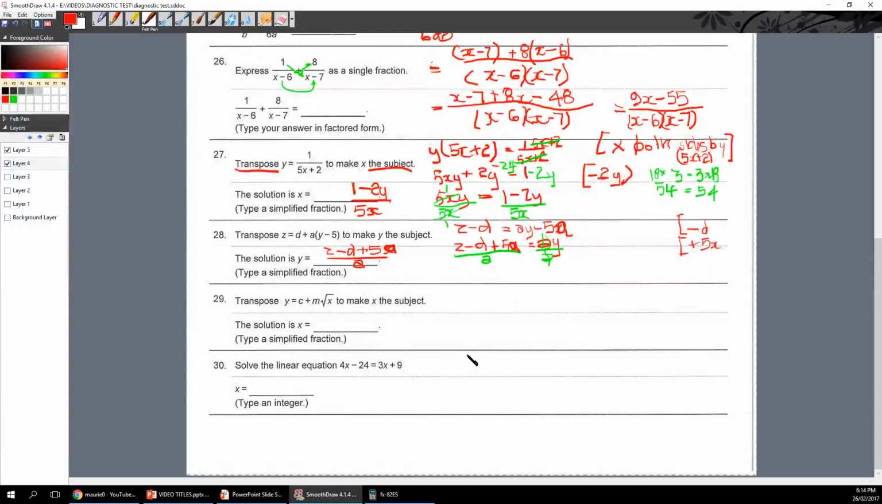Okay, so here we have Y equals transpose again for number 29. Y equals C plus M square root of X. Make X the subject. Probably one of the easiest ways here is to first do some manipulation and find out what square root of X is, and then we can just square that, and that'll give us x. Because remember that